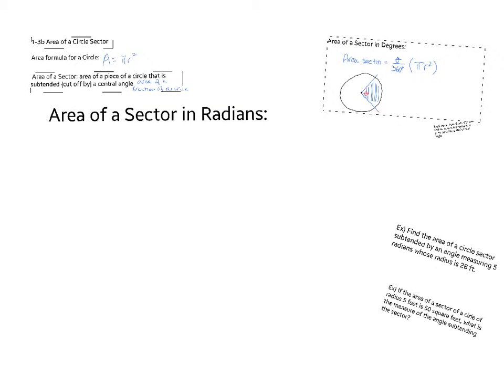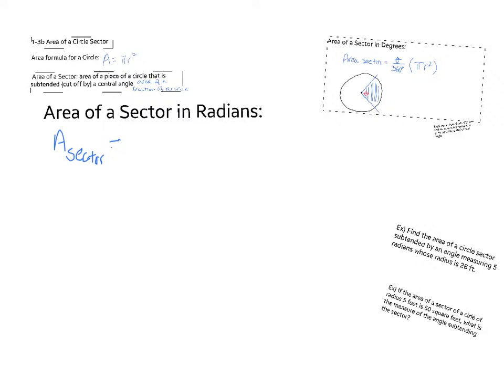I'm going to start talking about the area of my sector, and sometimes I'll just say area, and then as a subscript I'll write sector, equals. Again, it's some fraction of the total area, which has the formula of pi r squared. And again, it's what fraction. So I need to remember that in a circle,